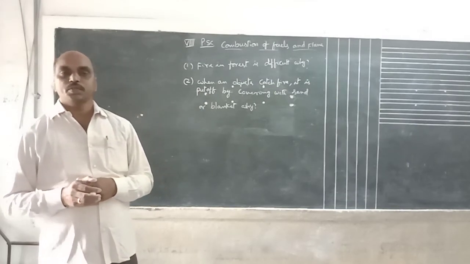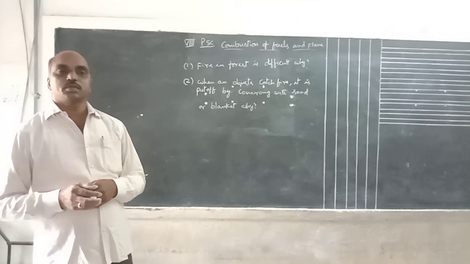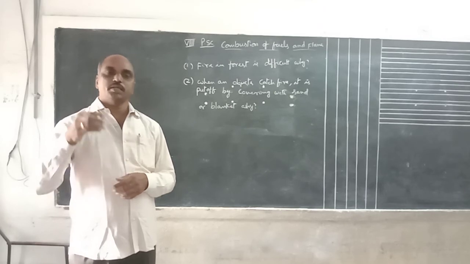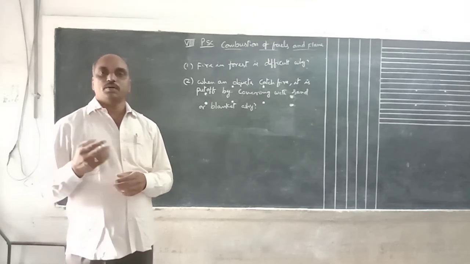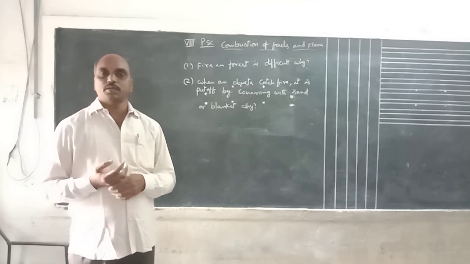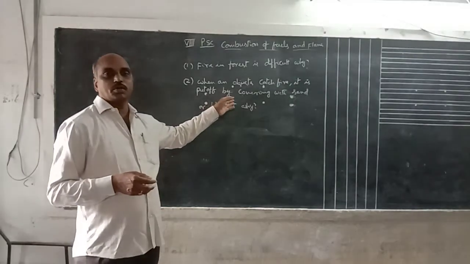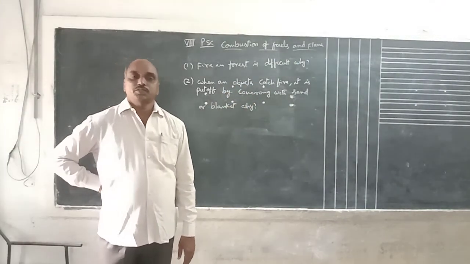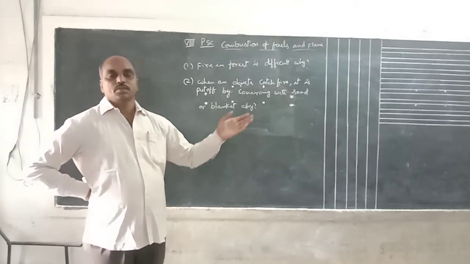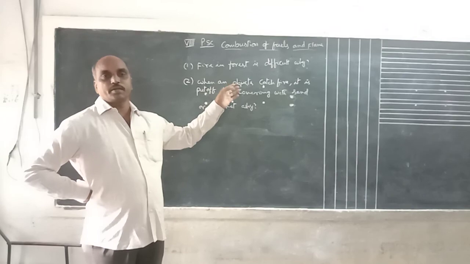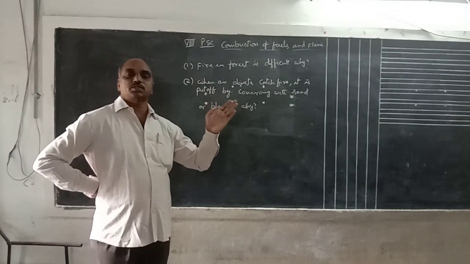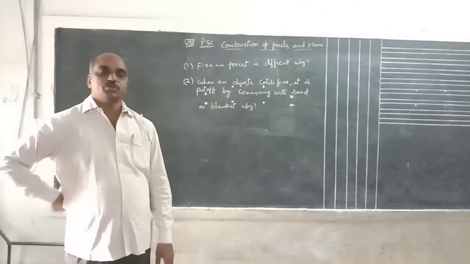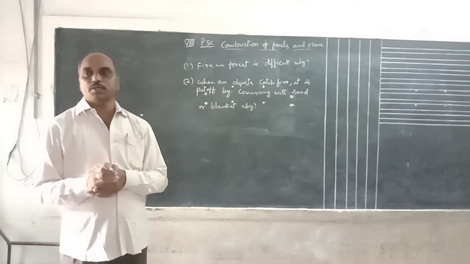Why does this happen? If you cover the flame with sand, the supply of oxygen is stopped. That means a burning material is there. For that burning, what is needed? Oxygen gas is needed. If we stop the oxygen gas, then the burning stops. So suppose some person catches fire, in a burning condition. Immediately we want to stop that fire. How? Immediately a thick blanket is covered over the person, then the fire accident is stopped. That means you stop the supply of oxygen to the person.